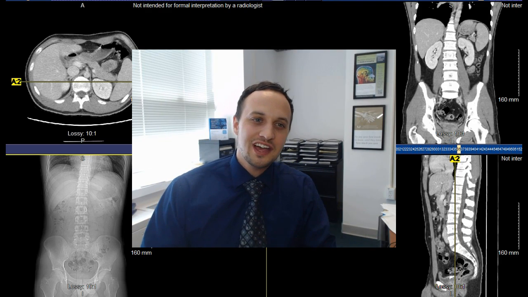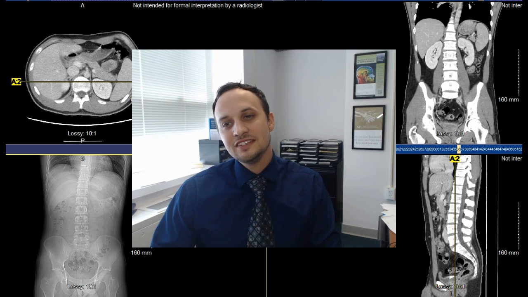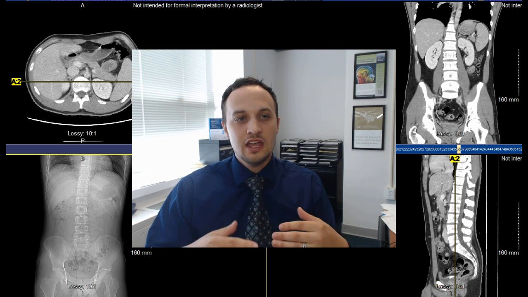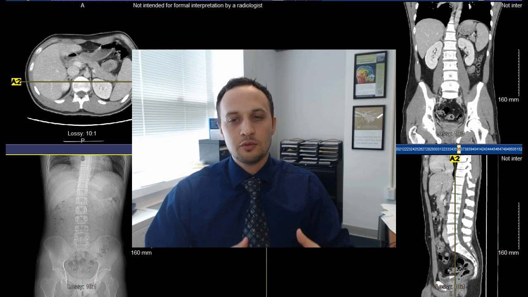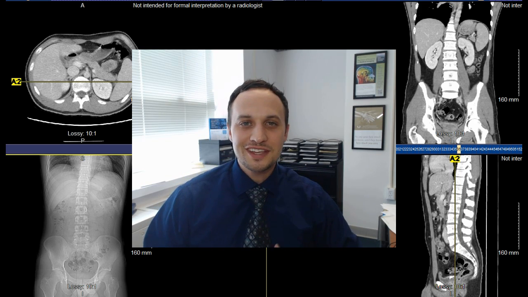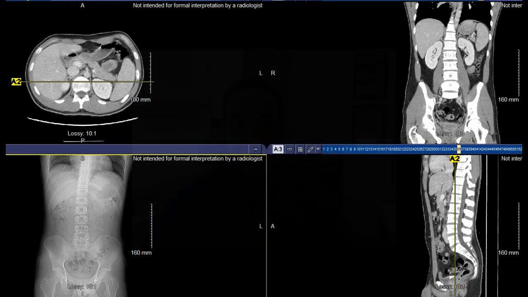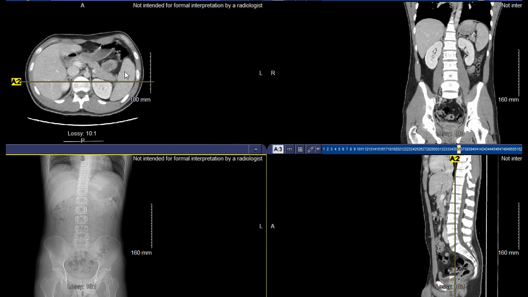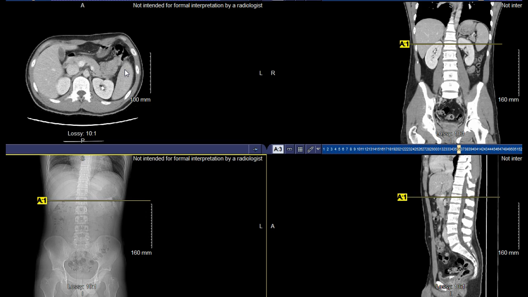Just wanted to run down a video of a CT abdomen with contrast. Kind of go through start to finish. That way you can start to break down some of these important structures that are associated with the abdomen. So let's get started. So when you look at these structures, of course, we have our scout-based image